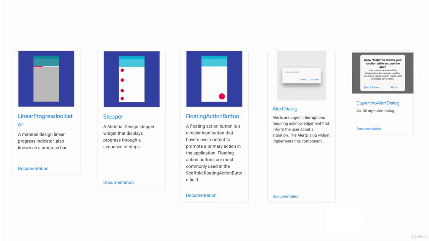And they've even designed widgets that look the part for each platform. So for example, the alerts might look like this on your Android app, but you can also specify that if your app is being run on iOS, then they should look like this, making your app look